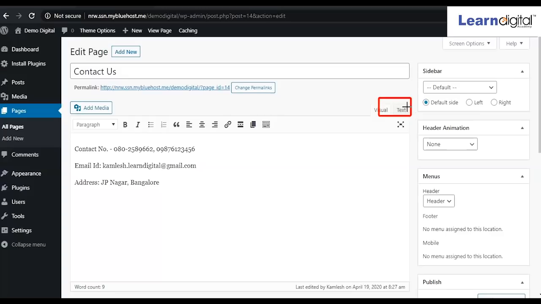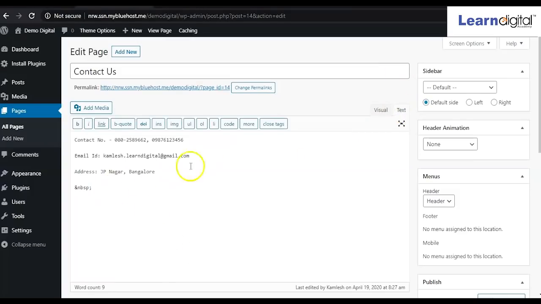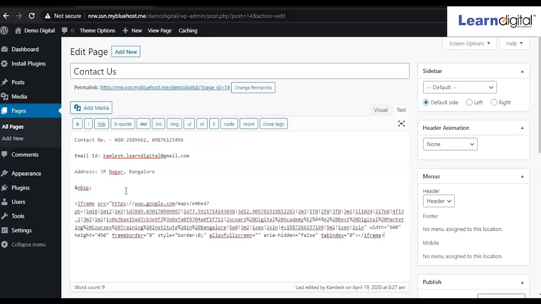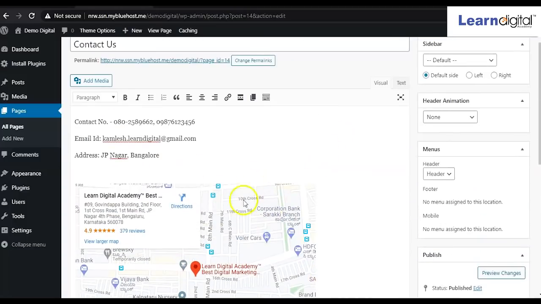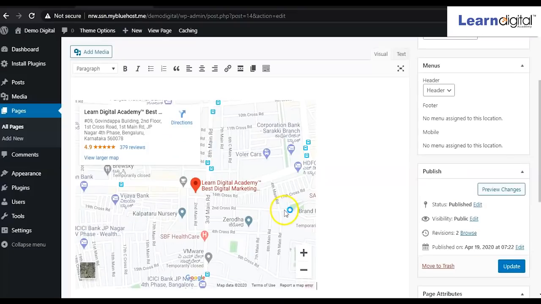So you have to select this one and simply paste. So come here, click enter and paste the code. I have pasted the code here, right? So this is the coding and nothing you have to do. You don't have to make any changes. This is the text mode, then again come to visual mode. Now you can see that the map is coming, right? So simply just update now